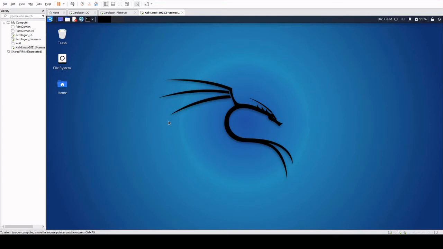I'm going to be demoing the Zerologon exploit for you. This demo is going to be about 4 parts. This first part, I'm going to go over the requirements for actually carrying out Zerologon. Second part is going to be a very quick walkthrough of the code for the script that I'm using. The third part is going to be me actually carrying out the attack. And the fourth part is going to be a showcase of what you can do once you have carried out